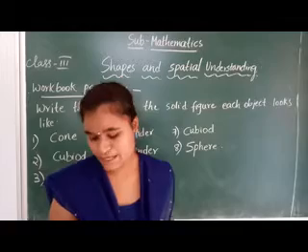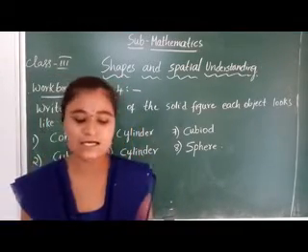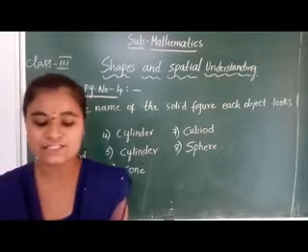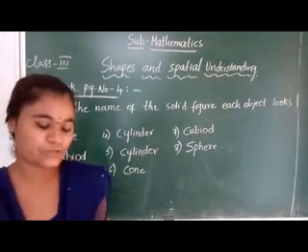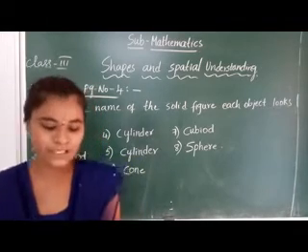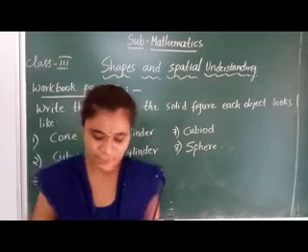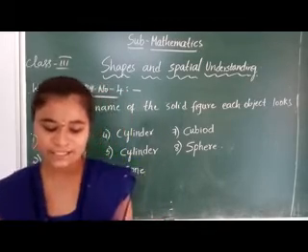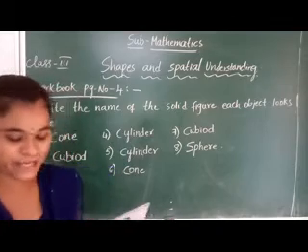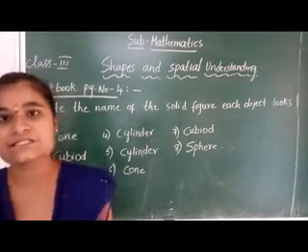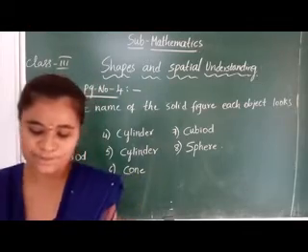Now we will go to page number 5. See, match the 3D shape to the similar shaped object. First one, globe. Globe is sphere shape. Match that one. Next one, that building is cylinder shape. Match that one. Next one, cone shape. Match that one. That gift box is cuboid shape.